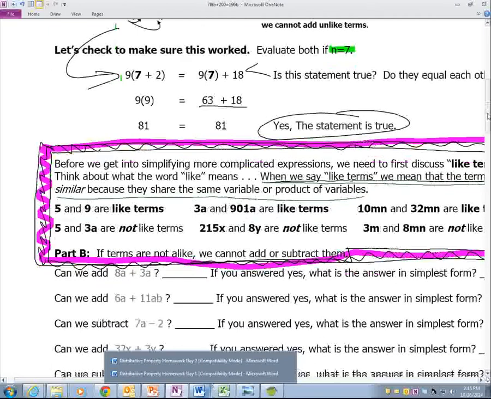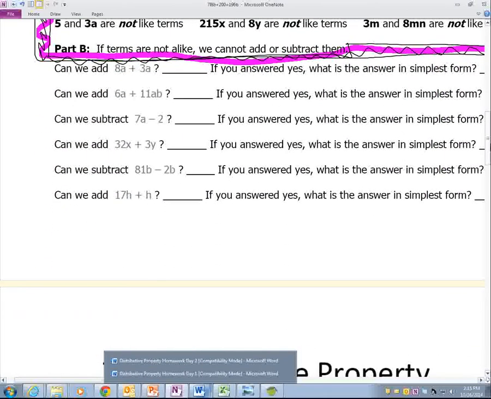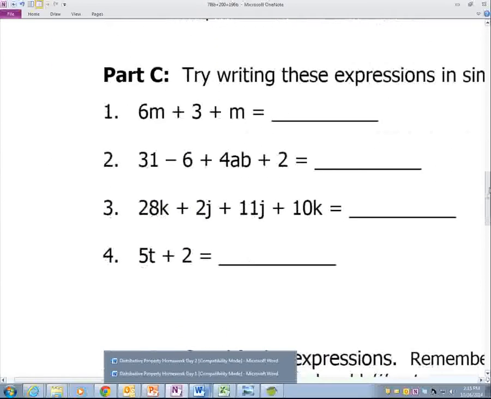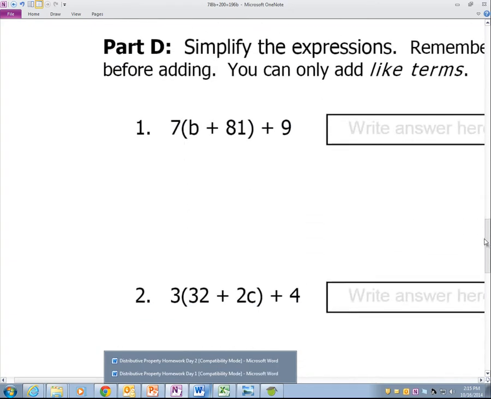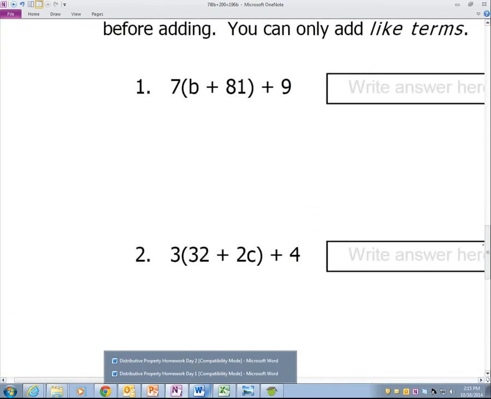Now, this part here, I know that there's 3 of you that have been doing this rather than listening to me, and okay, we're not doing that. That's the exact same thing as it was on yesterday's notes. However, because of that, if you want to do this tonight and write down what you think is here and what is over here in the notes, that would be a good way to look back on yesterday's notes to see if you're still doing it correctly. This part right here, part C, is also on yesterday's notes, and we did that together, so you don't need to. Part D, however,